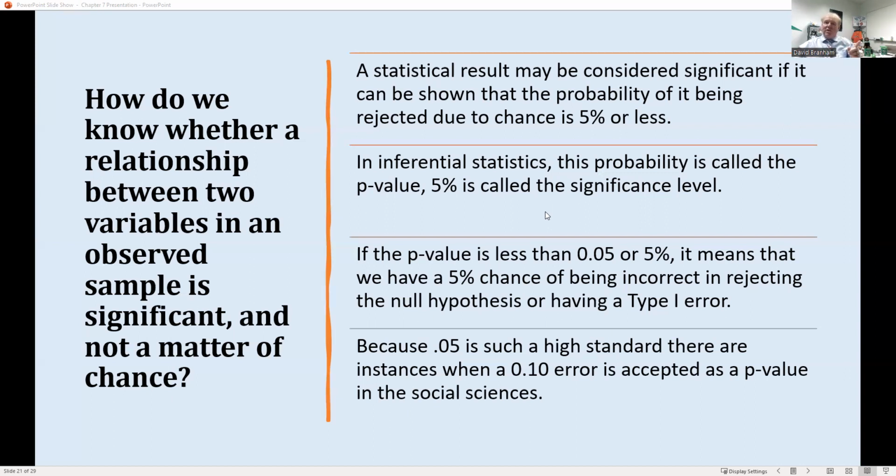And in inferential statistics, this probability is called the p-value, where 5% is called the significance level. If the p-value is less than 0.05 or 5%, it means that we have a 5% chance of being incorrect in rejecting the null hypothesis. And if we are incorrect, then we have what's called a type 1 error. So a type 1 error occurs if, as we said, there's less than a 5% chance that this is by chance, but